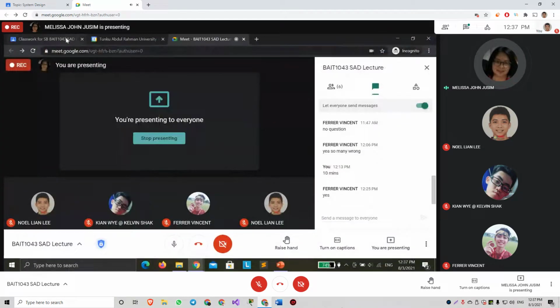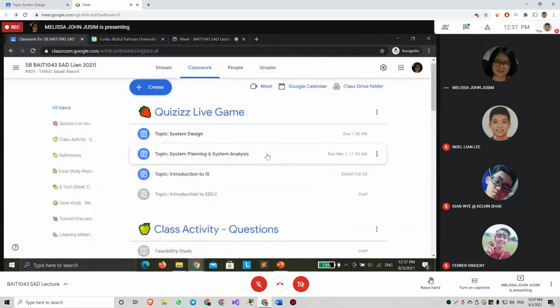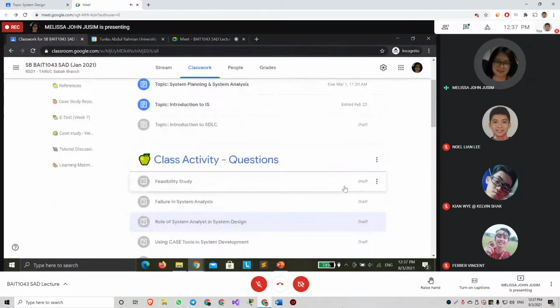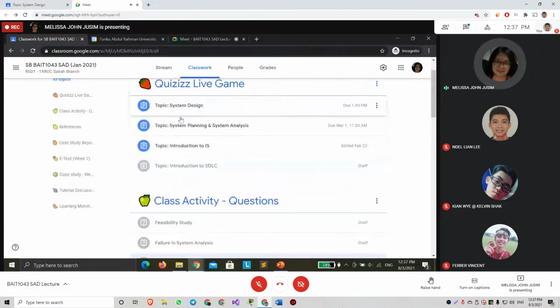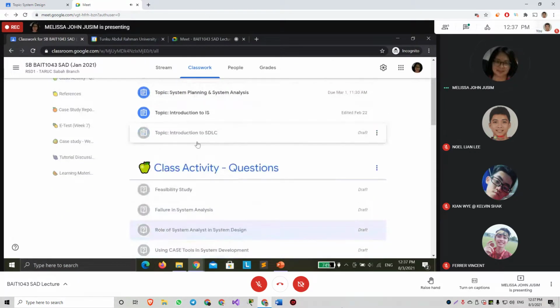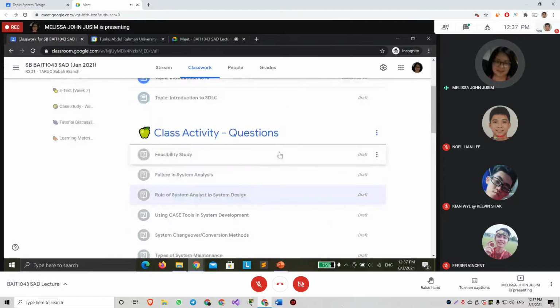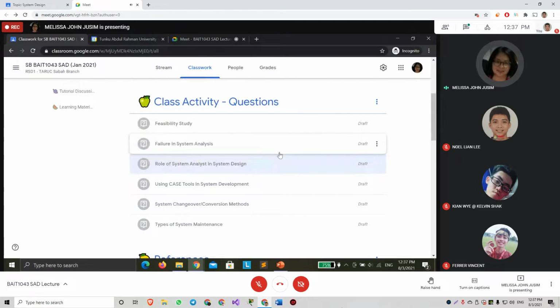In fact, I've come up with another quiz, which I think I will give to you all, covering all the phases in SDLC, perhaps towards the end of our semester. These are some of the class activities that I have.